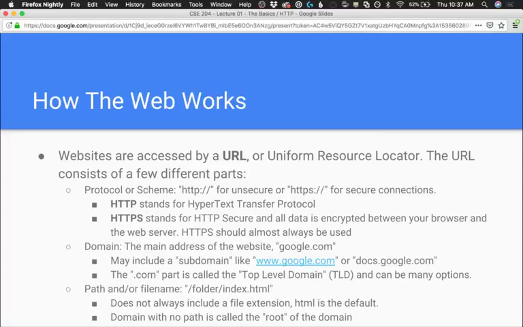Okay, so how websites work. Websites are accessed by a URL, which stands for Uniform Resource Locator. The URL consists of a few different parts. The first part is the protocol or the scheme, which is the HTTP:// or HTTPS for secure connections. There's a few other protocols. You might be familiar with FTP, which is the File Transfer Protocol, or there's a few others. Even BitTorrent, if you've ever used that, is technically a protocol